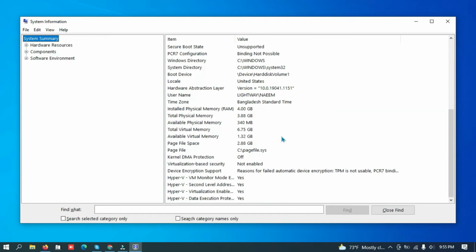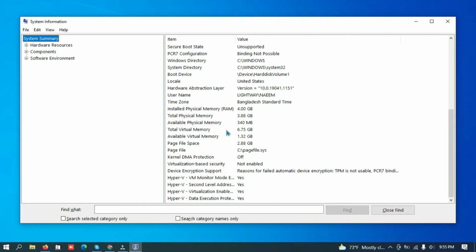Understood? And look here, the installed physical memory is only 4 GB, time zone Bangladesh, and total physical memory 3.88 GB, available physical memory, this is most important.